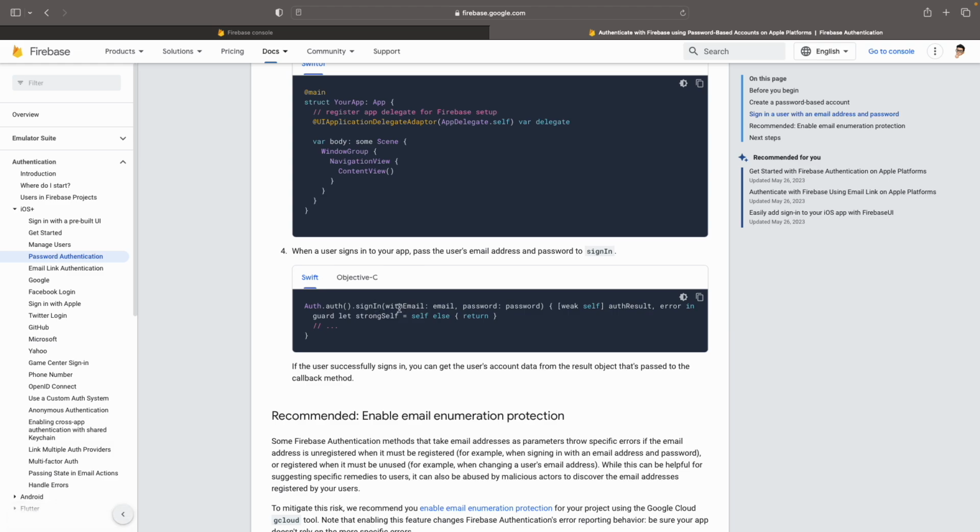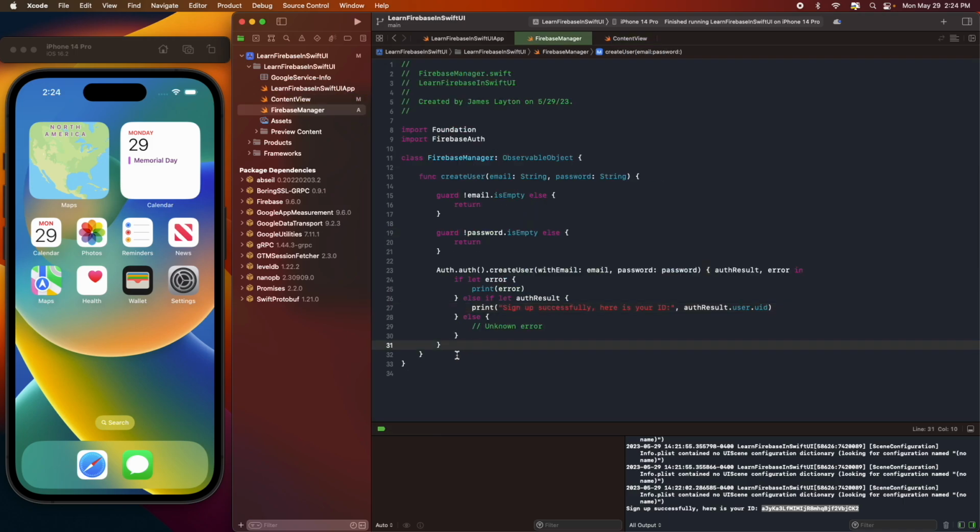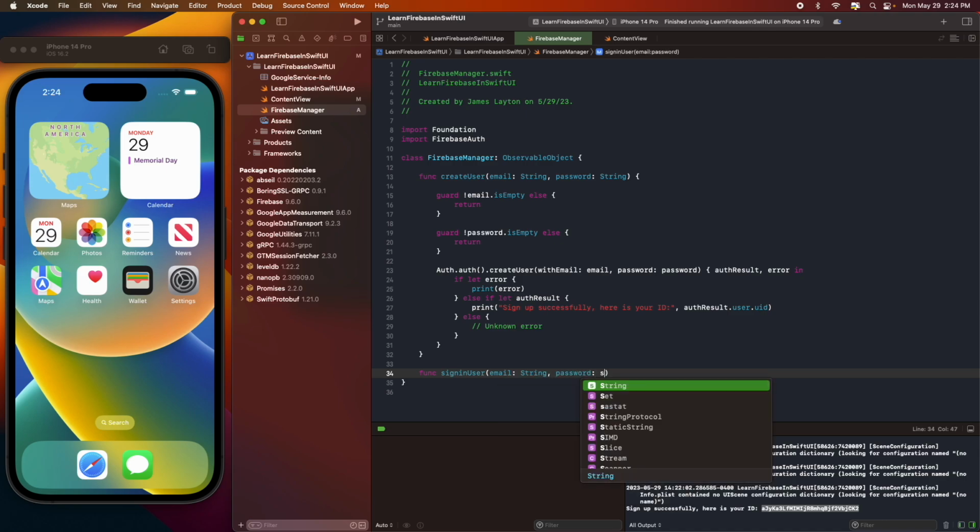Okay, so let's go to Firebase Manager. We want to create another new function. It's called a Firebase function, sign in user, and we want to use similar stuff. Email as a string and password as a string,